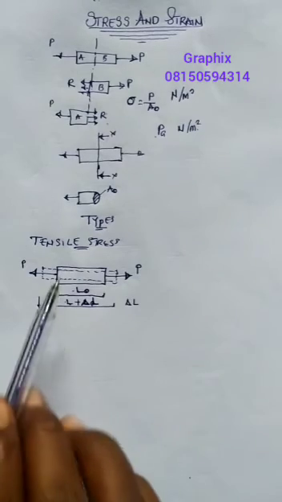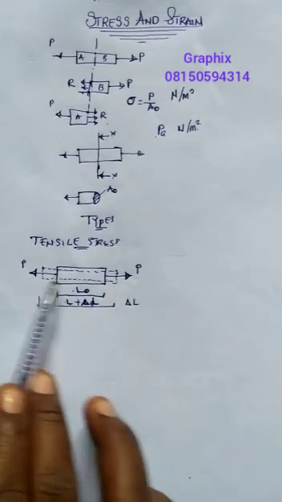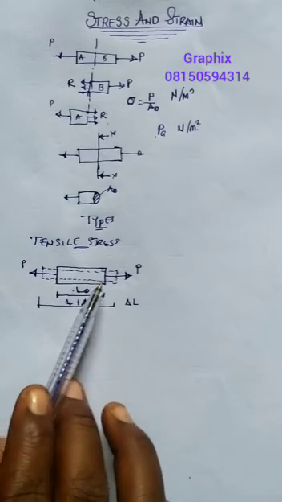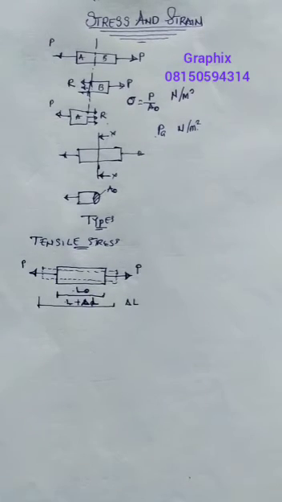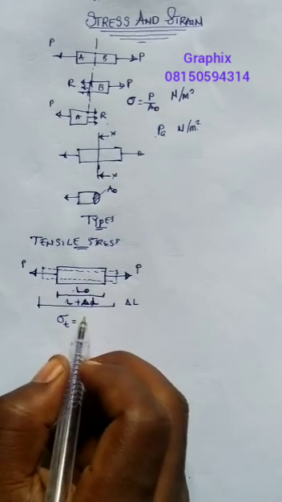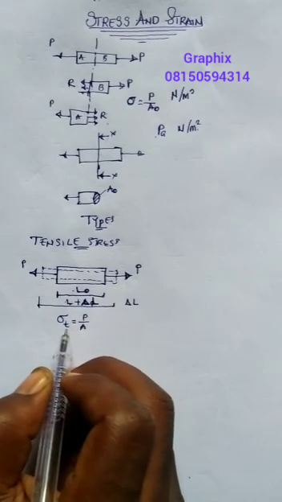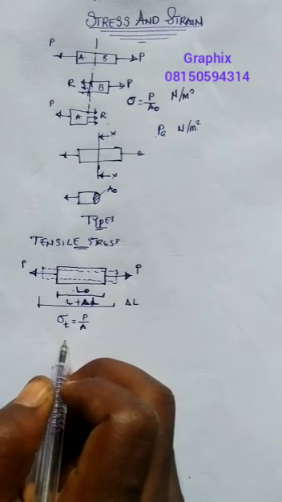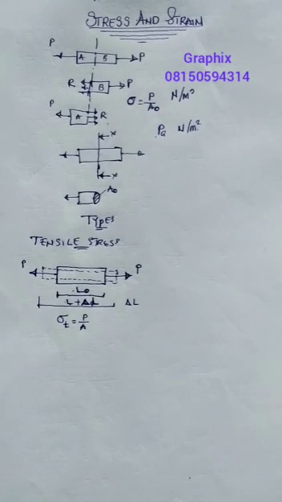One thing you need to understand is that the stress, the force that is applied to this material, can increase the length of the material or can leave the material the way it is, depending on the internal force of resistance. If it doesn't fail, the material remains intact. If it fails, that means it will increase the length of the material. Is that taken now? That is for tensile stress. So we say that our tensile stress is equal to force over area. My subscript t means it is tensile stress. Is that taken? So now the next thing we're talking about